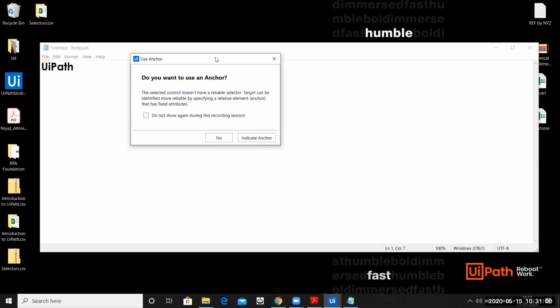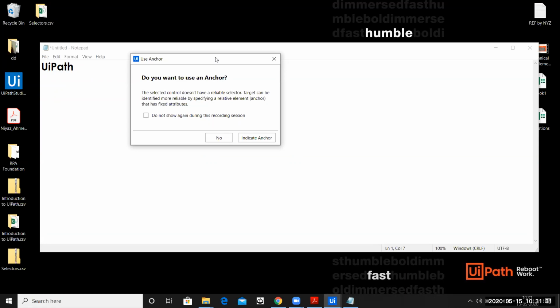In the last exercise, the RPA challenge, we had to do form filling, but each time the form's look and feel was different. To avoid that, we made use of an activity called anchor base. What anchor base does is it finds the element first and then does the automation.